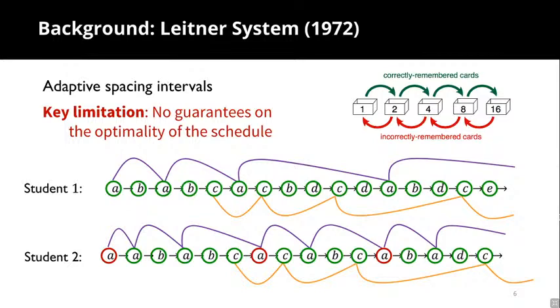Then as time moves on, 5 years later, Leitner actually introduced an adaptive teaching system, which truly takes into account learners' feedback. This is the so-called adaptive spacing intervals, which he designed for language learning experiments, where he put the vocabulary words into multiple time bins. In this illustration, for example, we see items placed in a 1-day interval bin, and 2-day, 4-day, 8-day bins, and we show the words according to how frequently we should show each word.